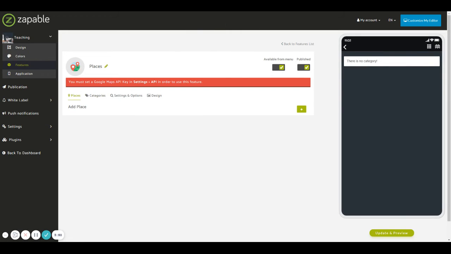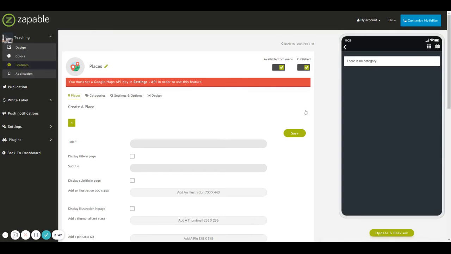Now we can add a place to this as well. So I'm going to click on the plus symbol to add a place. In this one, I am going to choose to add in Buckingham Palace. I'm going to choose to display the title, and then I could put in here a subtitle, which is just anything that you want to add. So I'm going to put in London, England here and display this option. Then I'm going to grab an image of Buckingham Palace from Google on another screen here. So just save this